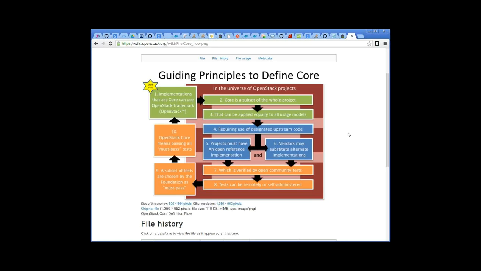I'll pause for a second. We sometimes get trapped a little bit here. We are not trying to create a police state for OpenStack in this. I think it actually says that in the details. This is supposed to be a self-policed activity.